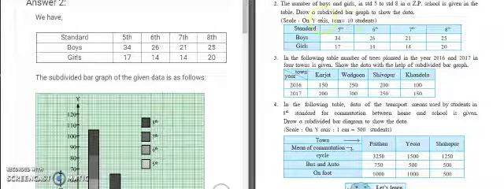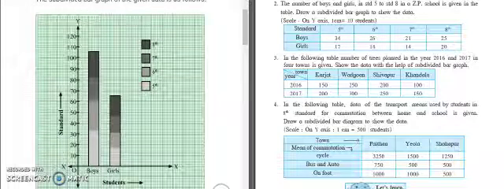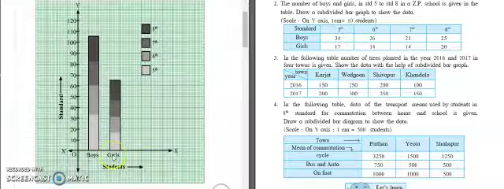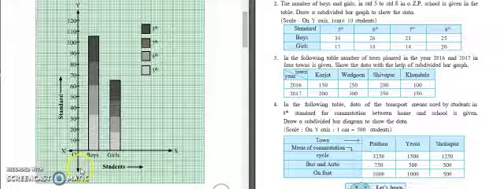Now we have to draw the subdivided bar graph as shown in the following figure. See here the figure I have drawn. Table is already given to you. So first of all what we will do, we will take a bar graph, and as per the steps we have to draw this x-axis, this y-axis, and number of students that we have to take on y-axis. So these are the number of students on y-axis, and the distance should be 1 centimeter equals to 10. So 10, 20, 30, 40 and so on, that we will take according to this given table.